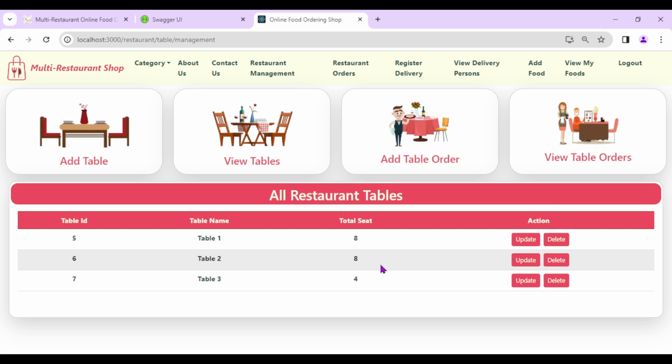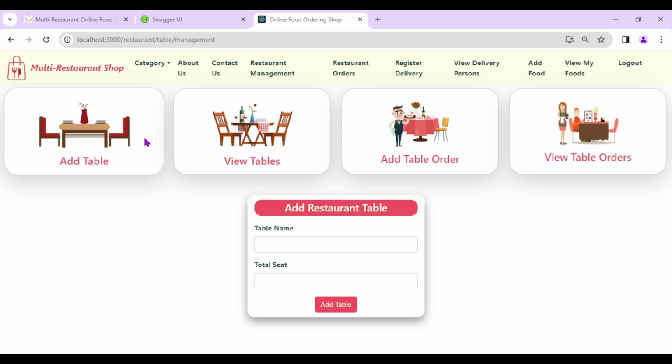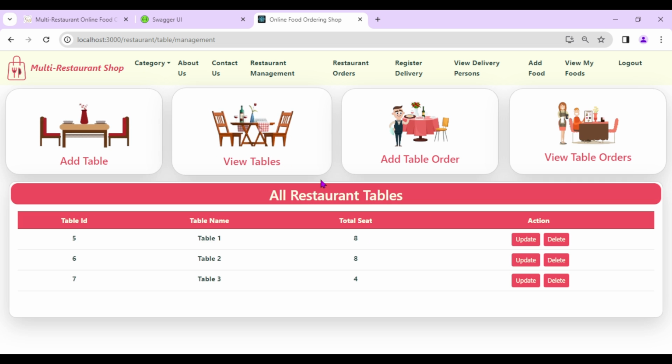In the similar way multiple restaurants can register and do the same thing. They can add the tables for their restaurant. But here I'm adding for my restaurant 2. So from here we can add the table, from here we can view all the tables, and from here we can also update the table details, and we have also got one option called delete the table. So let's suppose I want to delete the table 3 as of now. We can simply click on the delete button, and the table deleted successful, and table 3 we are not able to see here.